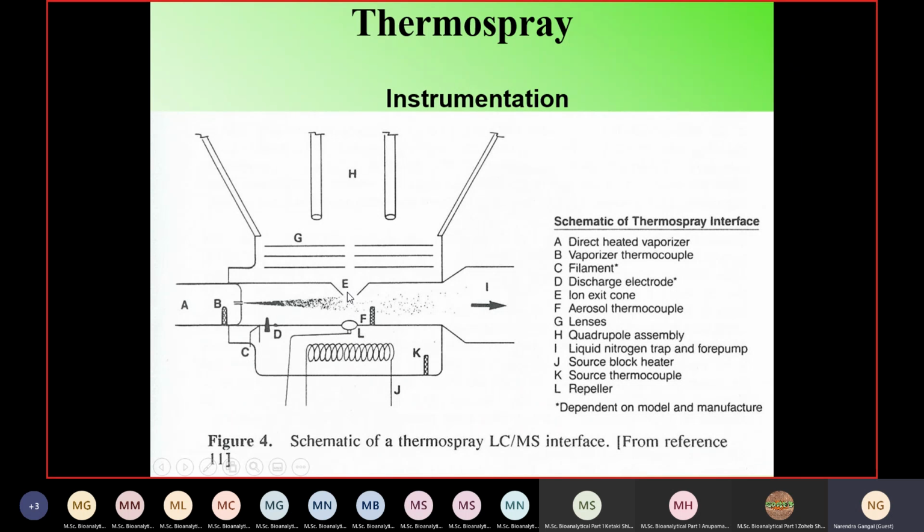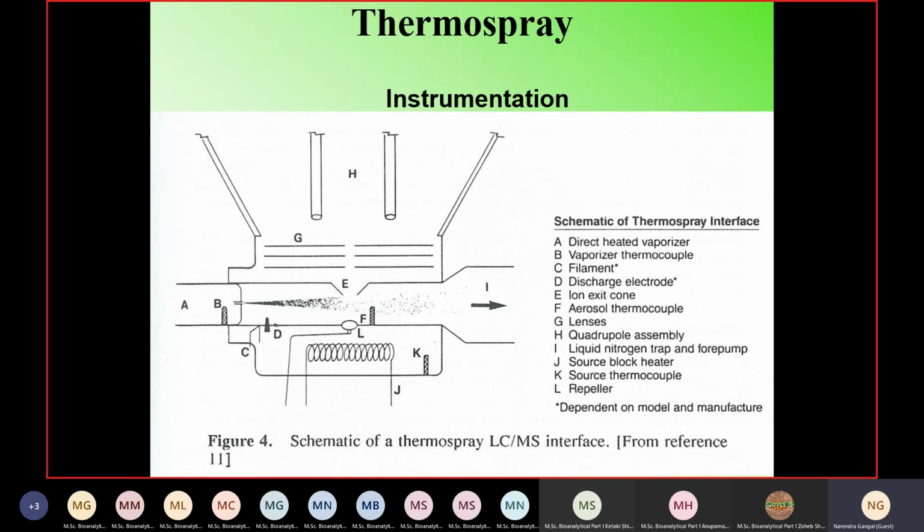So whatever ions are formed which are positive in nature, they preferably go to the mass analyzer portion, not otherwise. So all the ions travel like this, and all the solvent molecules travel like this. That is how this interface, which was the first interface to couple LC with MS, was very successful